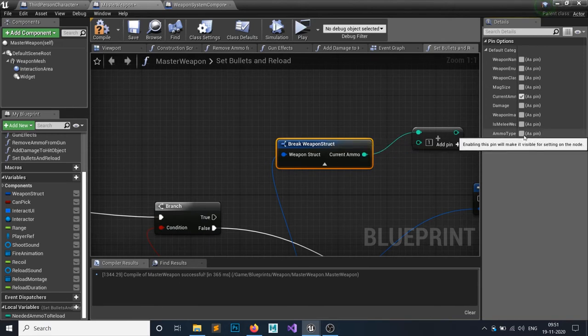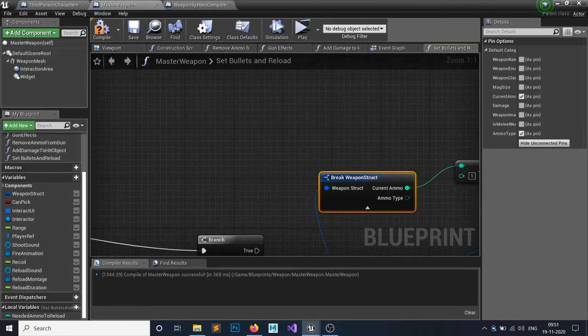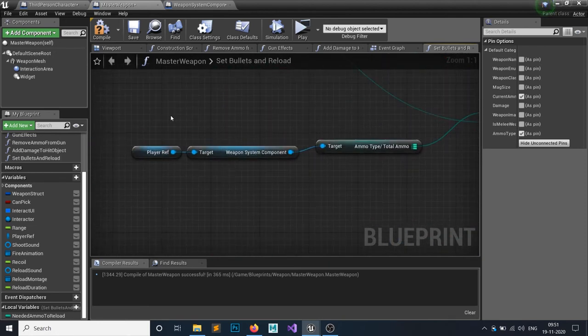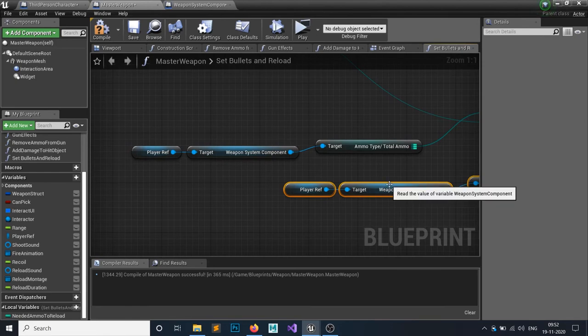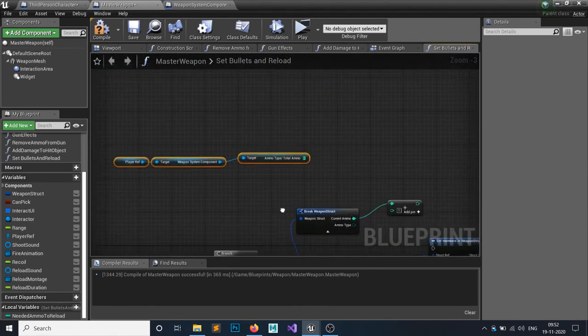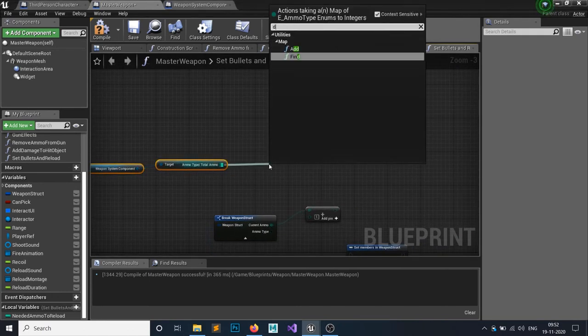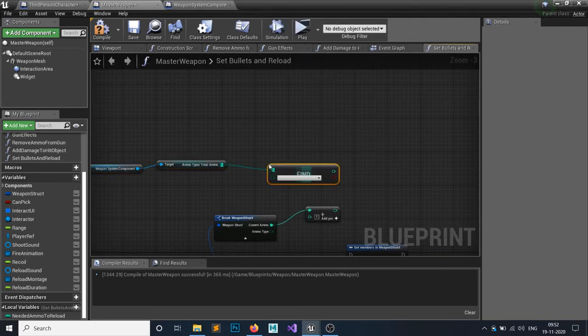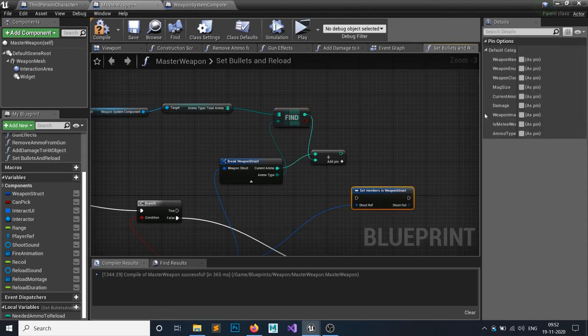For that I need that E underscore ammo type, and this guy I simply Control W to duplicate that, and in here first I need to find this guy, ammo type. Then I will do this plus this, and this is your new current ammo, and I will set it in here.